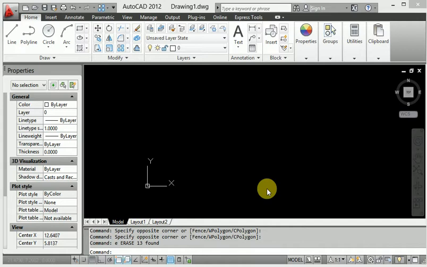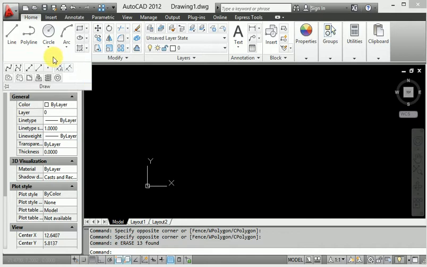First of all, I will make this diagram and provide the ordinate dimension. First click here, the line also, the infinite line.